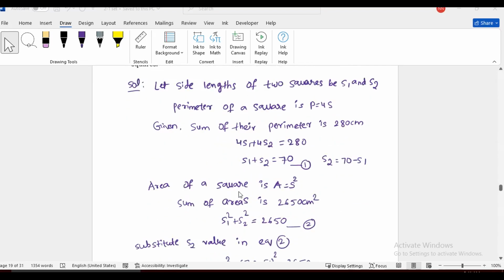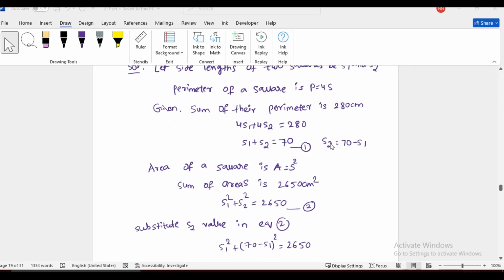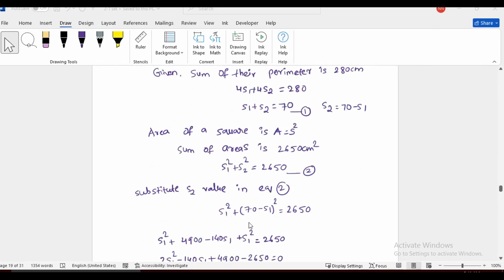Now, area of square is equal to S square. Sum of areas is 2650 centimeters square. According to the question, S1 square plus S2 square is equal to 2650, that is the second equation. Substitute the S2 value in the second equation, that is S1 square plus (70 minus S1) whole square is equal to